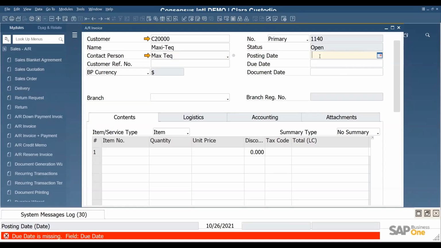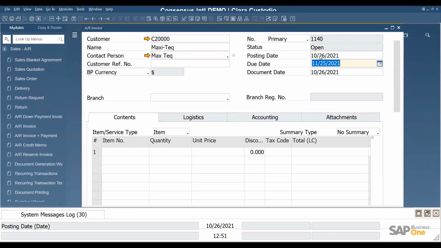to actually just type in any letter. I like to use the T for today on your keyboard, and then tab, and that will automatically bring today's date to the posting and document date. And then if you have the system set up to calculate the due date, that would also appear like we see in this case. So I use letter T, but you can use any other letter.